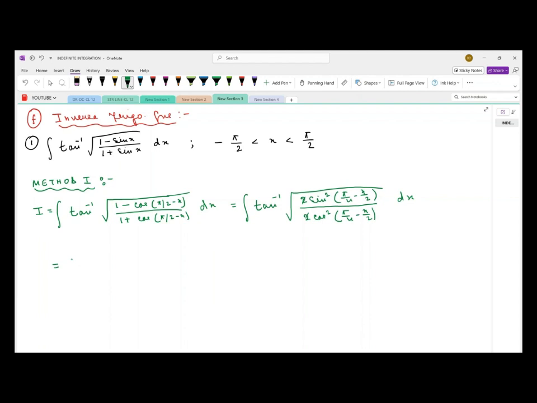So this becomes integration tan inverse tan pi by 4 minus x by 2 dx. Now, very easily, we write that this is equal to pi by 4 minus x by 2 dx, and